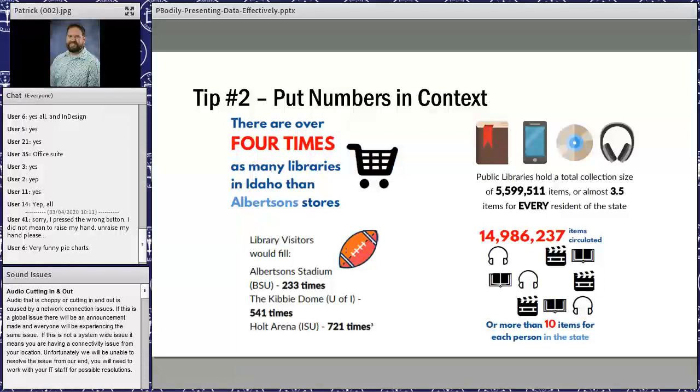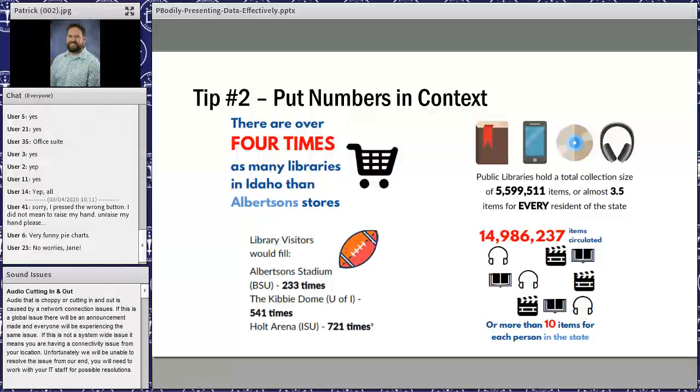These are highlights from the last couple of annual reports that we publish and mail out, give to the legislators as well as each library in Idaho. So Albertsons is an Idaho-started grocery store, so everyone knows it. Also, Idaho is large. There are 3 different state universities, one in the north, one in Boise, and one over in the southeast. And so we tried to pull out the football stadiums for each of those 3 universities. And then on the right-hand side there, collection size is easier to understand if you can do it.